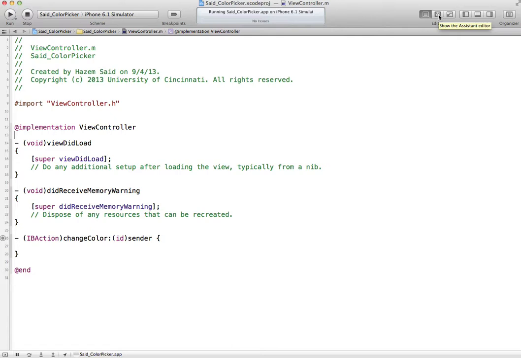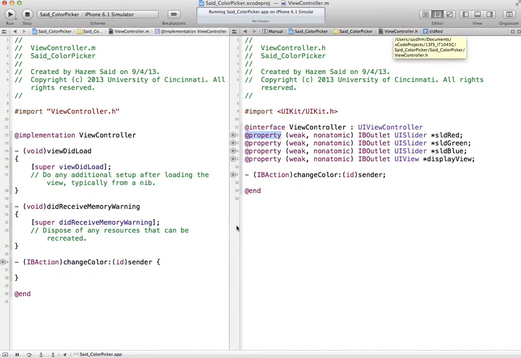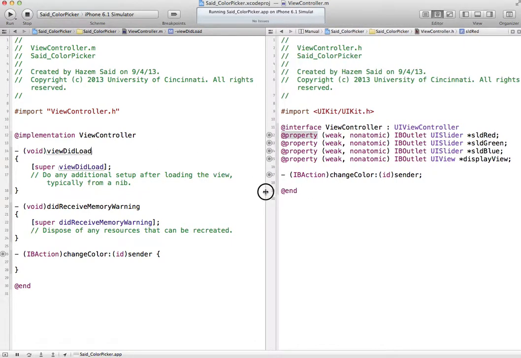file with the properties that we defined in the header file. So I quickly switch to the header file so I show you what we're talking about. On the right side is my header file that we created in video 3, and on the left side is the implementation file. And you see I defined 4 properties in here. For us to use those 4 properties with that name